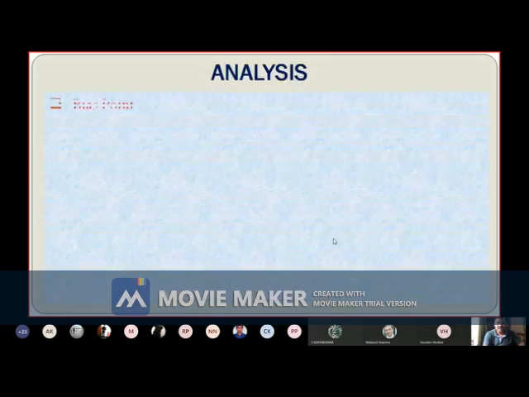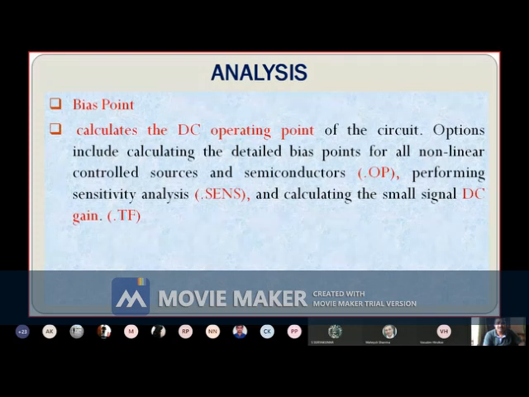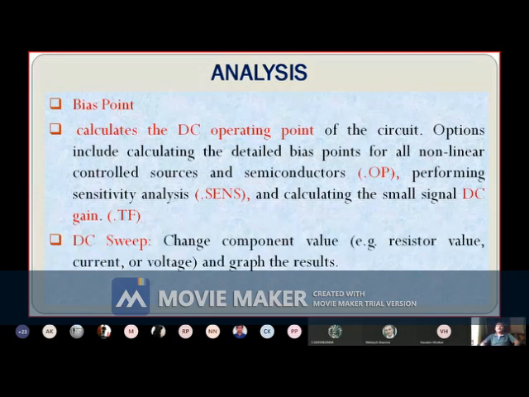Before that, I will take a brief review of what the different analyses are. Students, if you have a medical problem, you go to the doctor. And what does the doctor do? The doctor diagnoses by measuring your temperature, then heartbeats, etc. By knowing these two or three parameters, he comes to some conclusion.